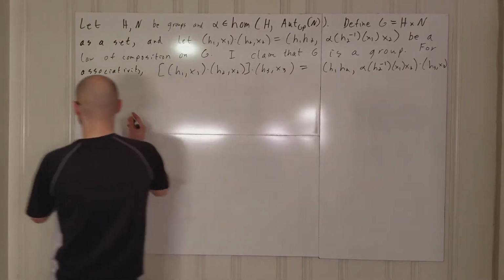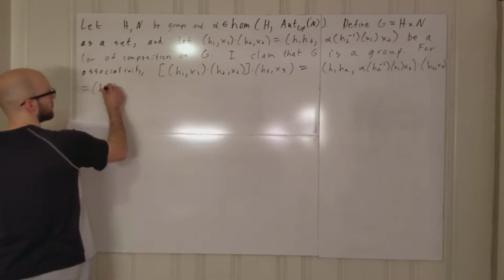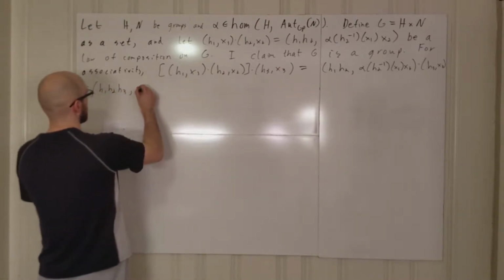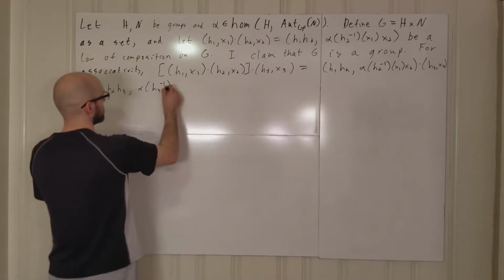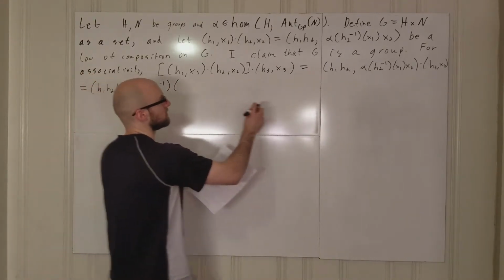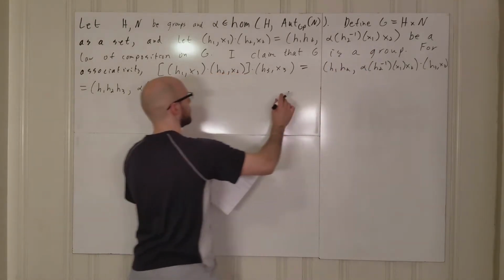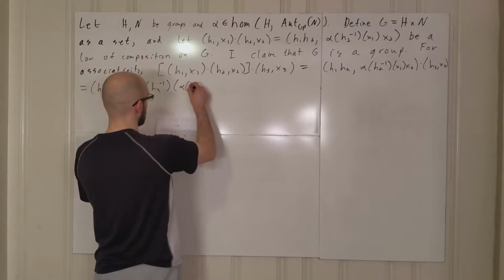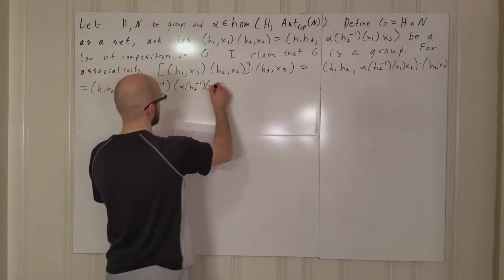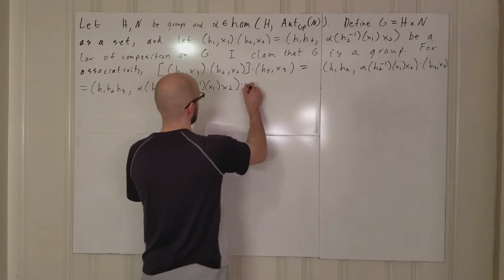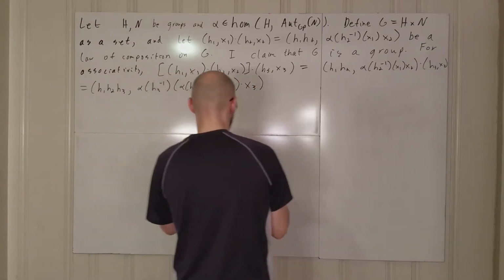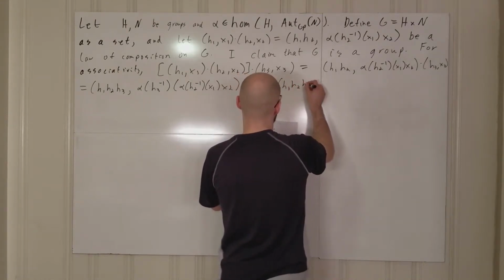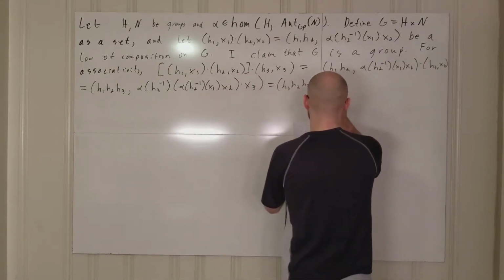And then here, this is h1, h2, h3, comma, and then we have alpha of h3 inverse, and for this thing we have to plug in all of this, so we plug in alpha of h2 inverse, x1, x2, this all times x3. Okay, but this is h1, h2, h3, and now we have,